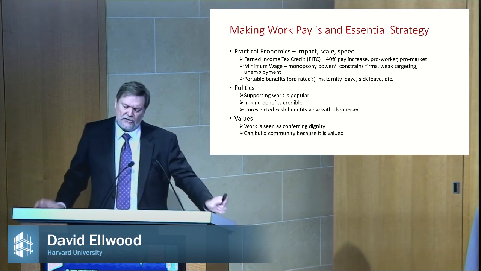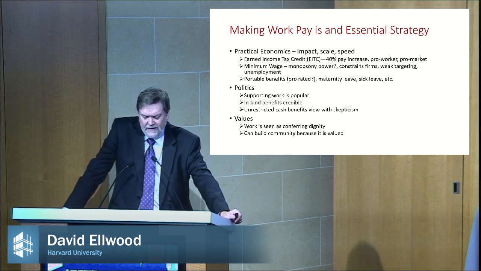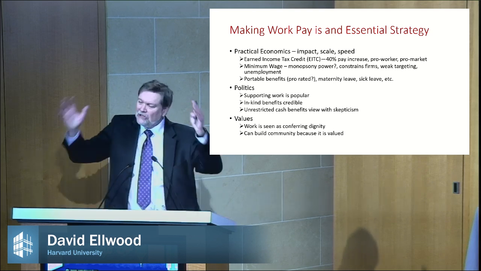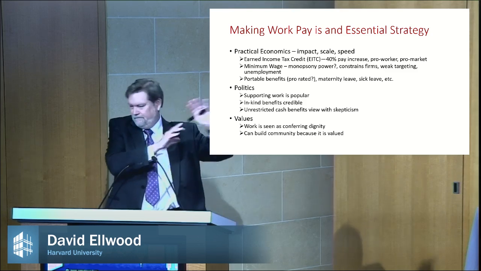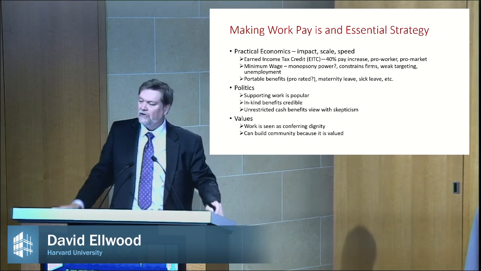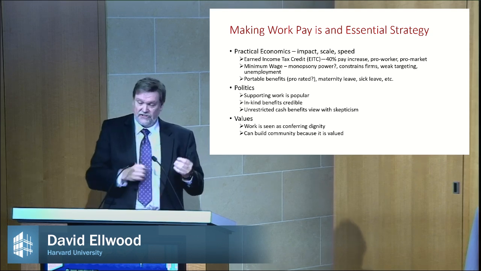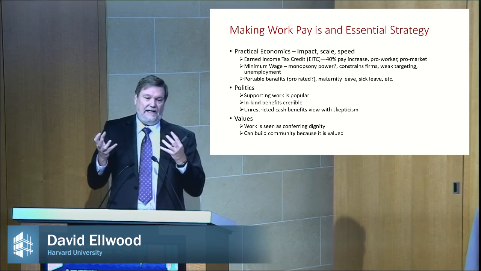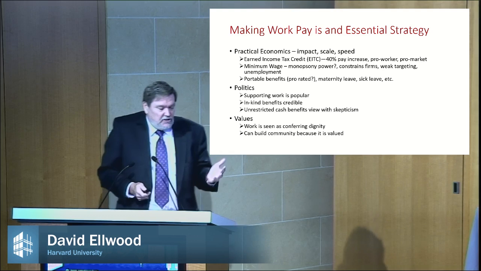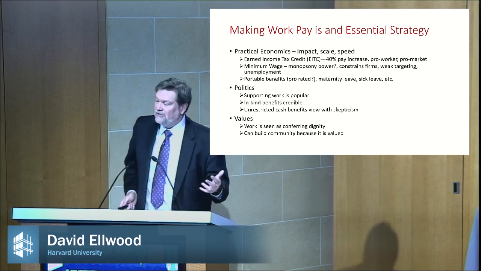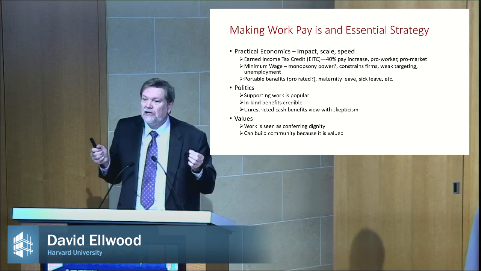And let me just tell you one anecdote which illustrates this. This comes from ethnographic work by Kathy Edin, which is she talks about how low-income folks love the EITC, and they hate food stamps, SNAP, welfare, whatever. They hate the other one first because you go in, you're treated like dirt, they act like you're a failure, we're going to help you, but now we own you. The EITC, you work some, you go in, and these folks, it turns out, go to H&R Block to do their taxes, even though it costs them more than the church will do it, but they do it because they say this: